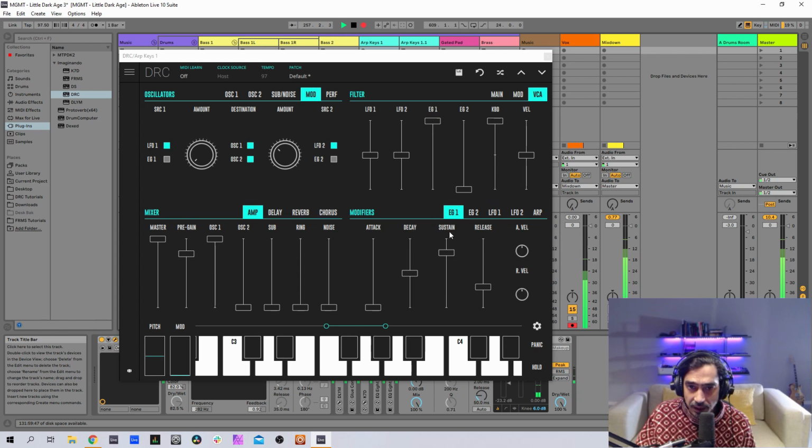Now for the first envelope generator, we got an attack at 0.24, 407 on the decay, a sustain of 0 and a release of 170.